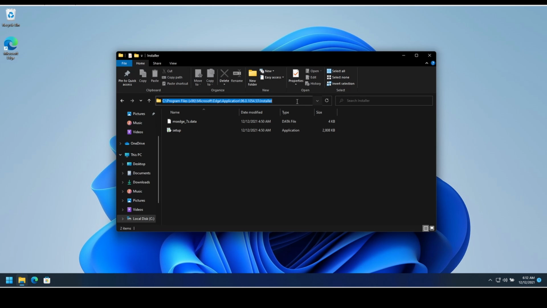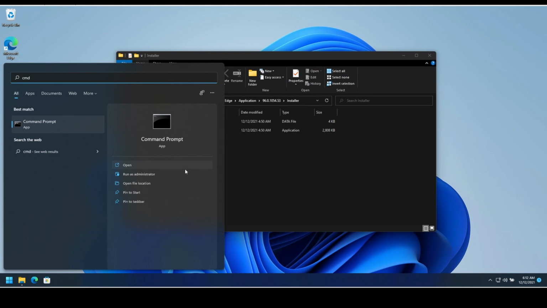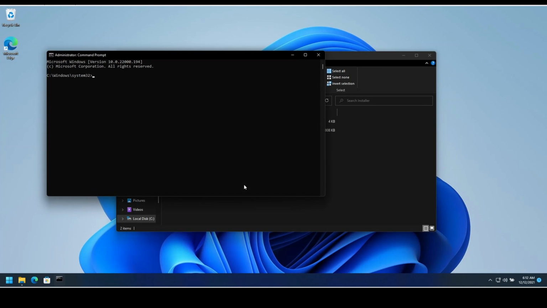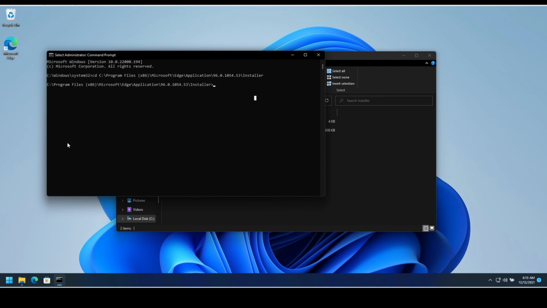Copy it and open command prompt. Run it as administrator. It is a must in order for this to work. And change your destination by CD and paste the copied path. Now we are in this folder through the command prompt, and from here on now to uninstall Edge we need